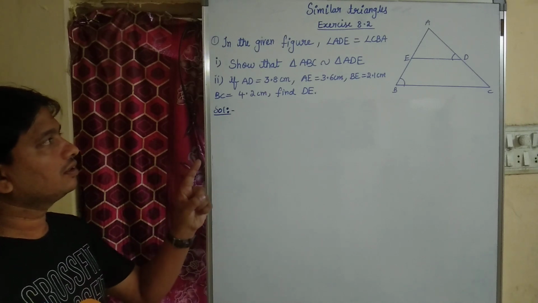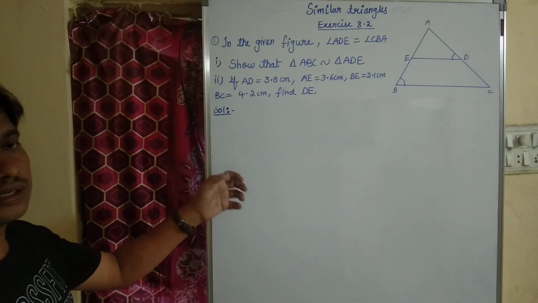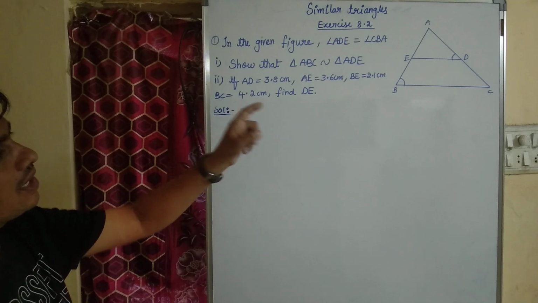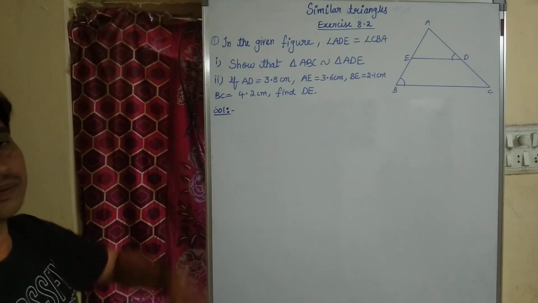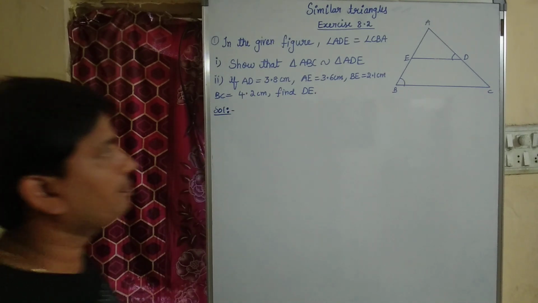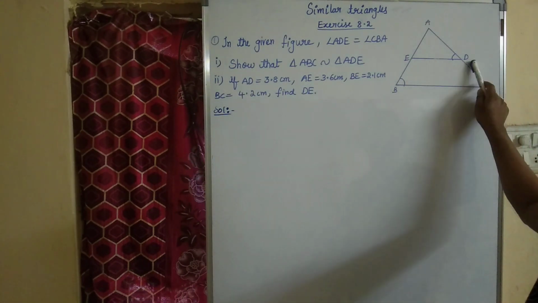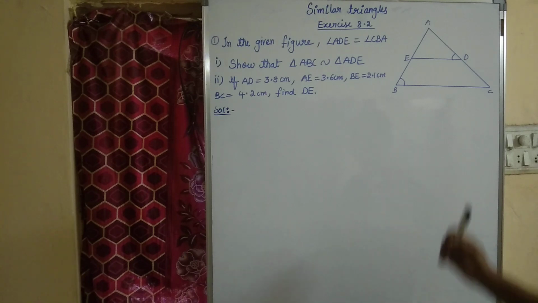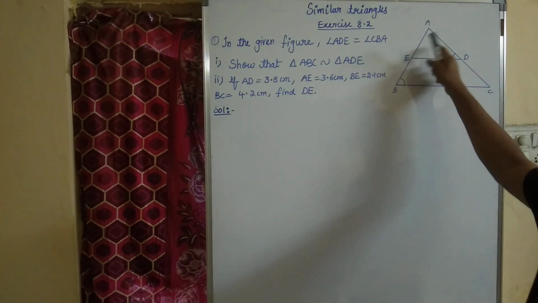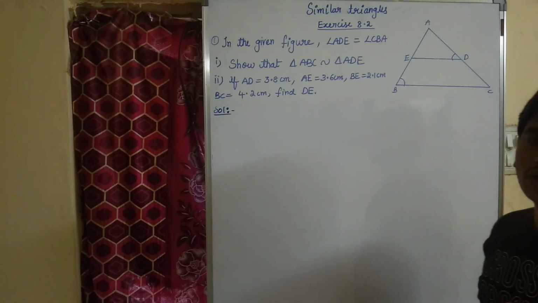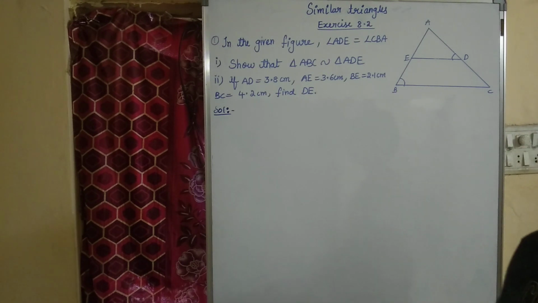Coming to question number 1, they are asking to show that triangle ABC is similar to triangle ADE. So ABC is the whole triangle and ADE is the sub triangle. Okay, ABC we call the big triangle, ADE is the smaller triangle. That is what we need to prove. If you consider triangle ABC,